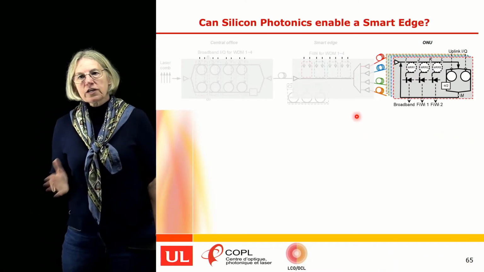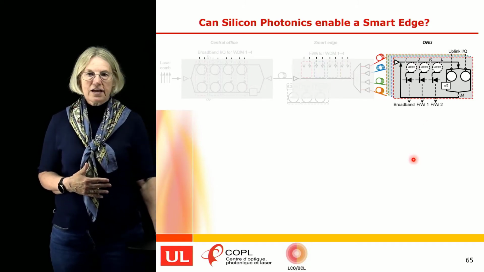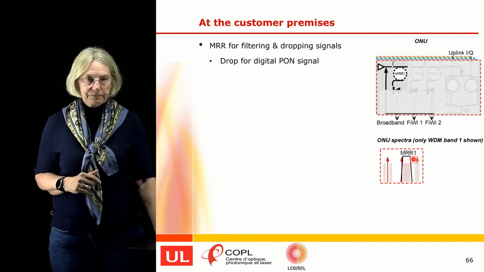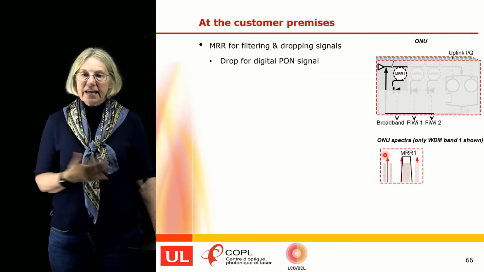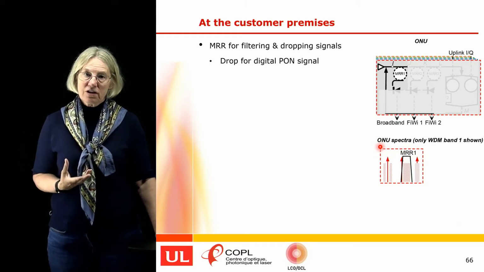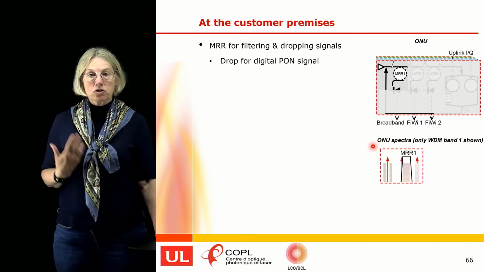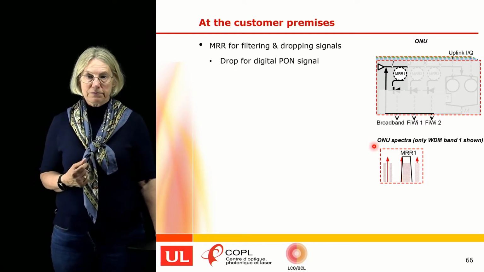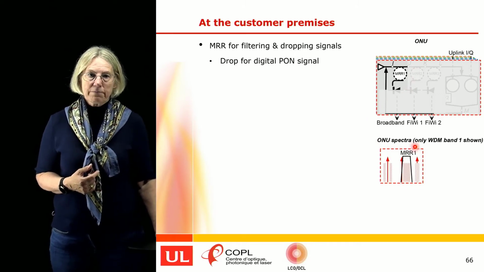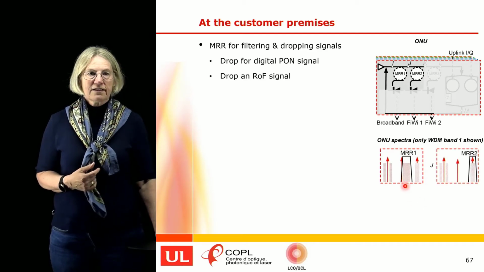So finally, let's look at the ONU. What's the architecture that we're proposing to use in each one of these dropped fibers? We have again a cascade of microring resonators and microring modulators. The microring resonators are used as filters in order to drop the signals. We have multiple signals, we have to separate them and drop them independently. So the first microring resonator, for instance, could drop the digital services for the existing clients. The next microring